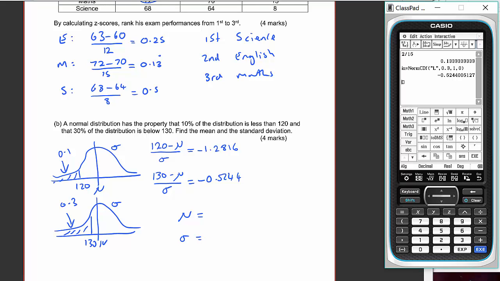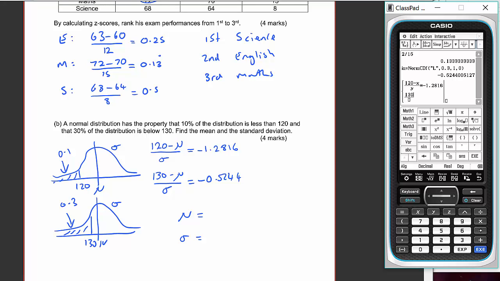So in Math 1, we've got the simultaneous equation solver, and I'll use x for mu and y for sigma. So I've got 120 take away x over y is equal to negative 1.2816, and then in this one I'd have